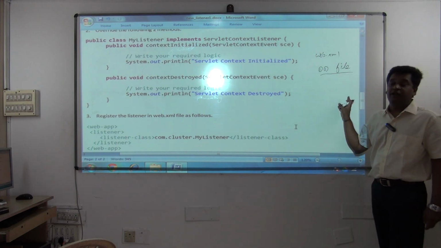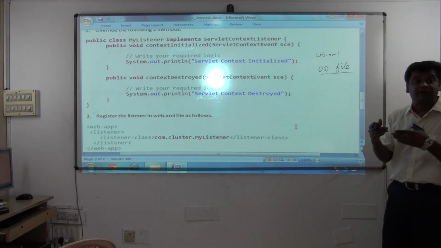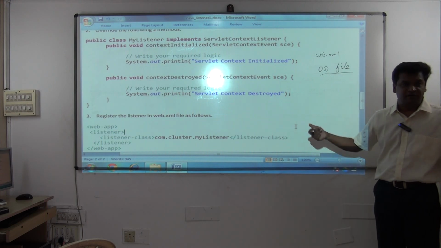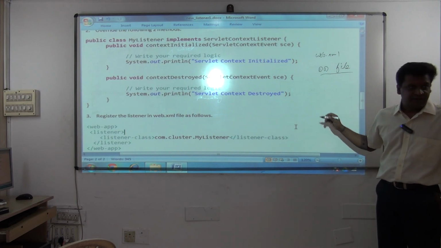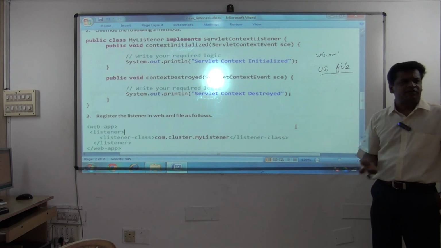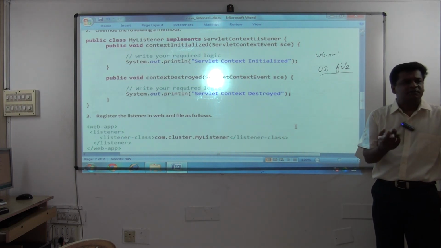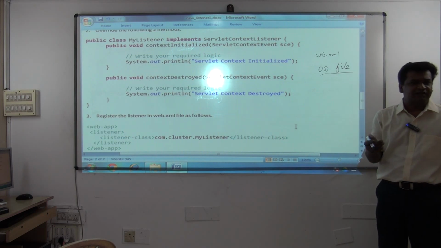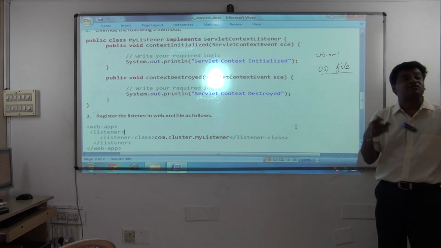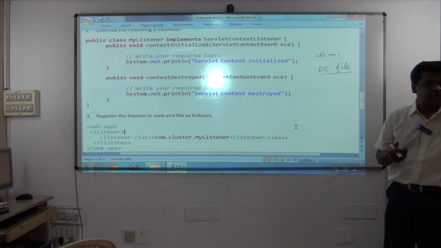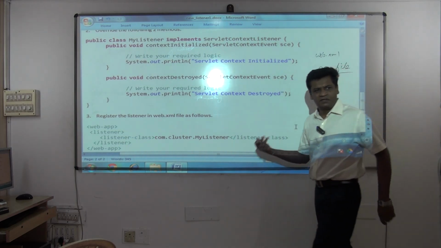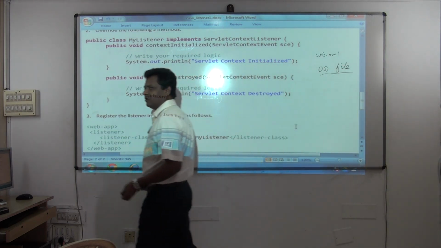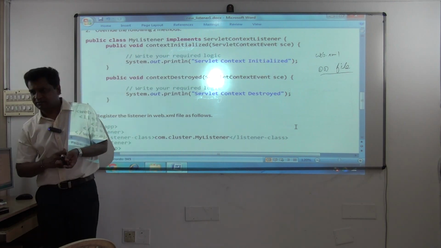So remember, this is a deployment descriptor. Whatever you deploy, you have to describe it in the XML, which one? The web.xml file. And similarly, you can notice you have even specified your servlet. If this is the URL, that should execute. Writing the class is not important. Giving information about that class to the container is very important. So do this, only 3 steps. That's it. A huge headache has been solved.